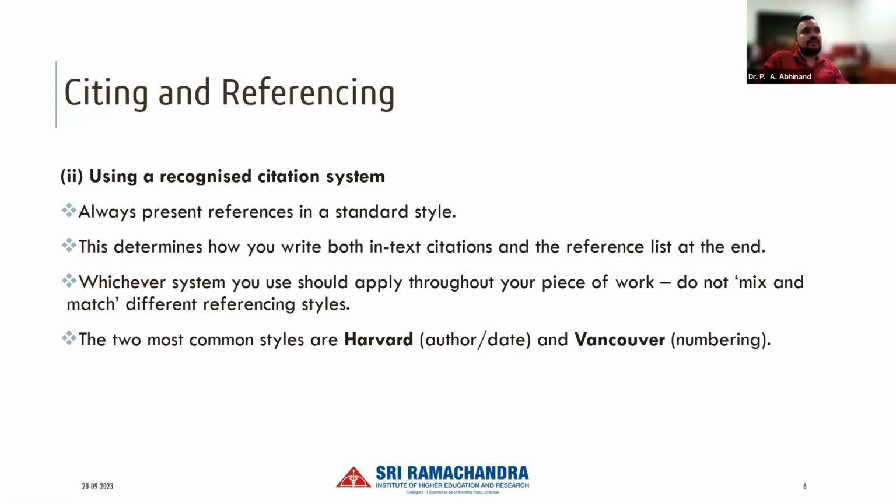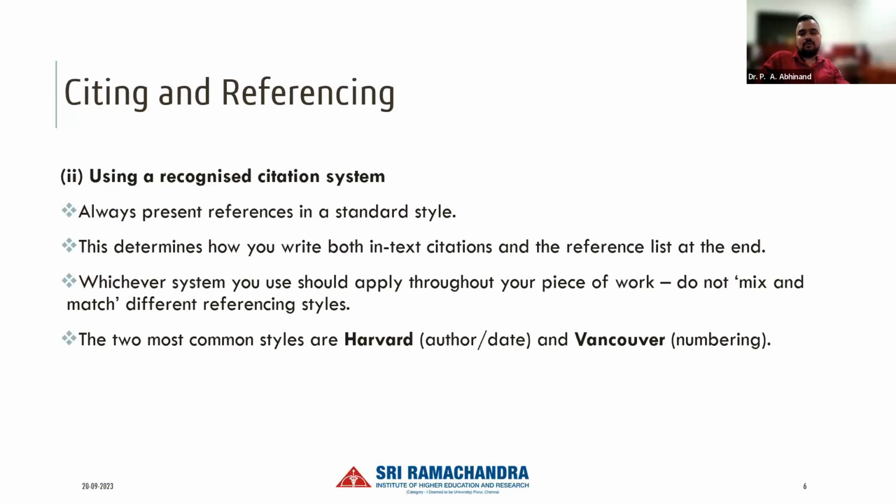But remember that in any manuscript, in any research paper, you have to use only one standard type of referencing style throughout the manuscript. You can't keep changing, introduction one style, materials and methods another style, results and discussion another style. It can't be like that. Whenever you are submitting any paper to a journal, all journals will have something called the style document. The style document will tell you the rules and regulations you have to follow while preparing a manuscript, which will include the referencing style that they want in their manuscript.